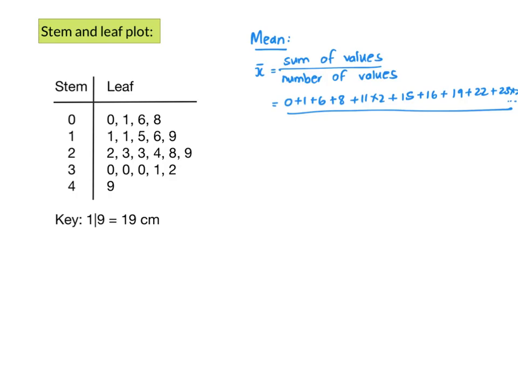Then I'm going to count how many values I have. Make sure you count carefully so you don't make any mistakes. I get 21. So using my calculator, I add up the sum of all the values, divided by how many there are. I get